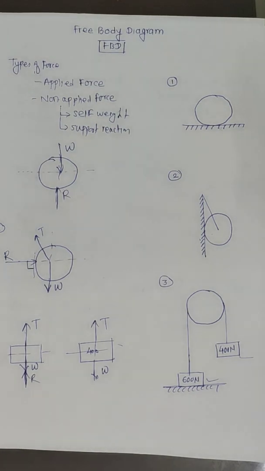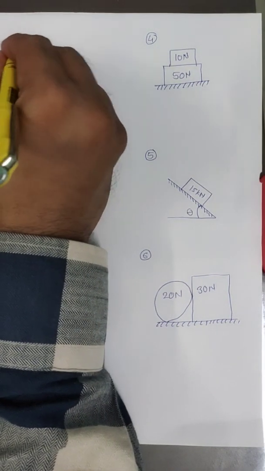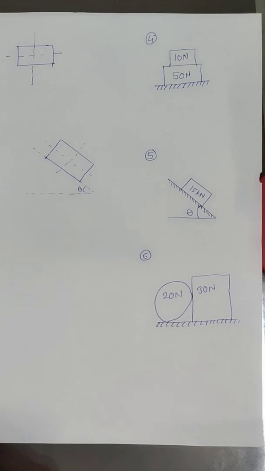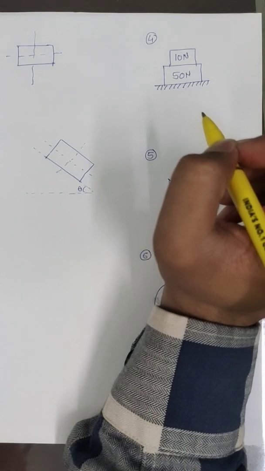Now see, these are the three examples of free body diagram shown here. Moving towards the next example. See, in the fourth example, one surface is there on which 50 Newton block is placed. Above the 50 Newton block, 10 Newton block is placed. It is a similar case. On a table we have placed a book, and above the book we have placed some pen stand, etc. So we have to draw the free body diagram of 10 Newton and 50 Newton block. So how? First of all, draw the 50 Newton block as it is. Mark the X axis, mark the Y axis. Is it right? So there will be no applied forces acting on the 10 and 50 Newton block.